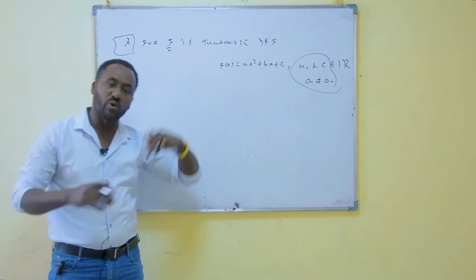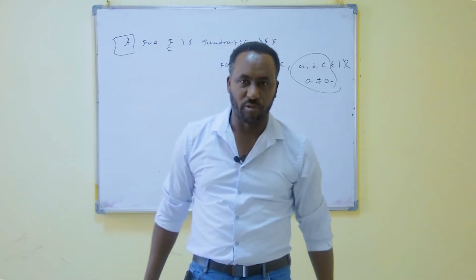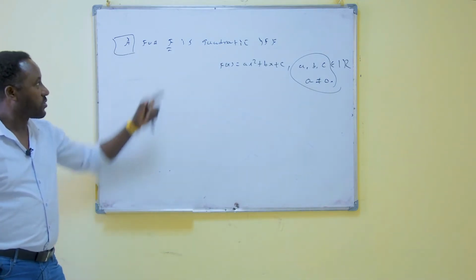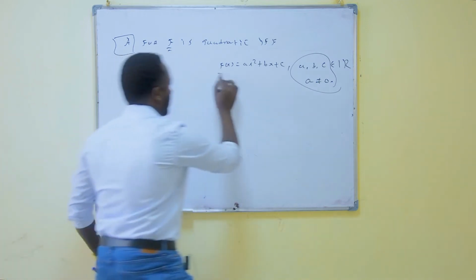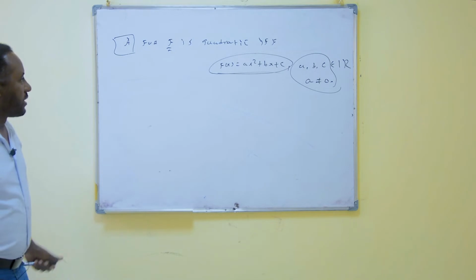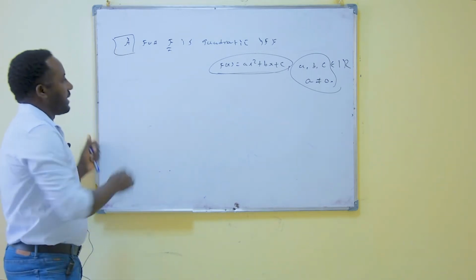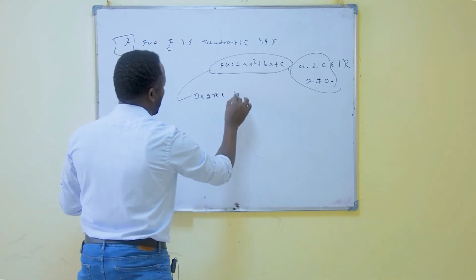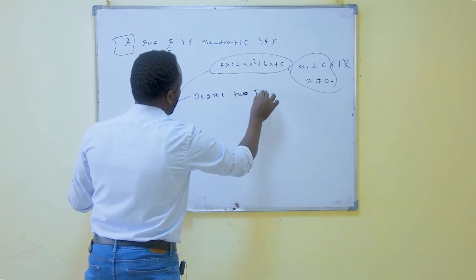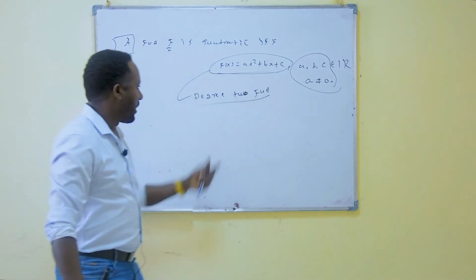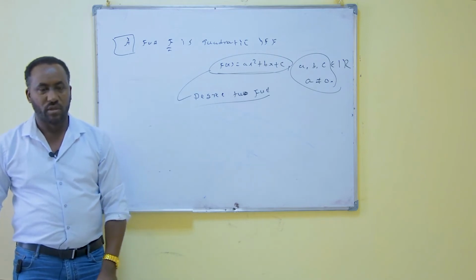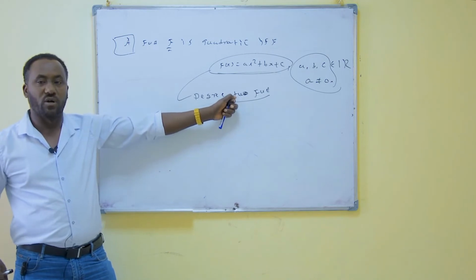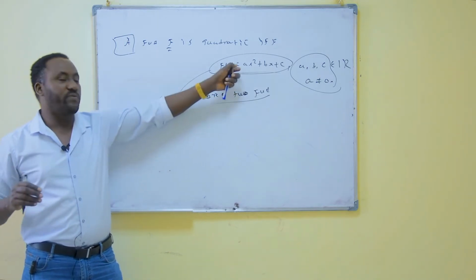So what do you think about the relation between linear, constant, and quadratic functions in general? How could you define them? How could you differentiate these functions in general? That's the main point you always have to consider. Look at this one. This quadratic function is a degree 2 function. Why do we say this is degree 2? It is a degree 2 function, which means that the maximum possible roots of this function, or the maximum number of intersections of this function with the x-axis,